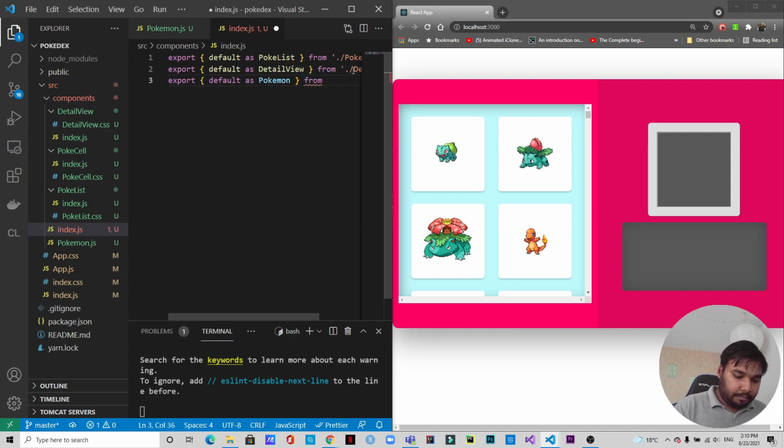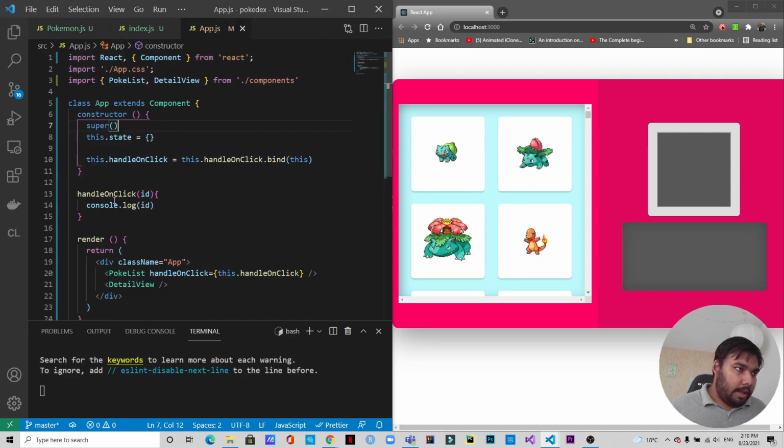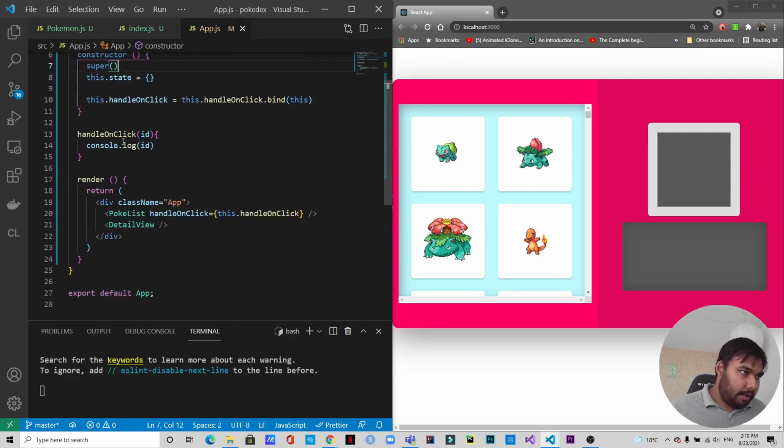From Pokemon. Save. Alright. Now let's go to the app.js. And now we will write the functionality in the handle on click. So we will just remove this and we will write